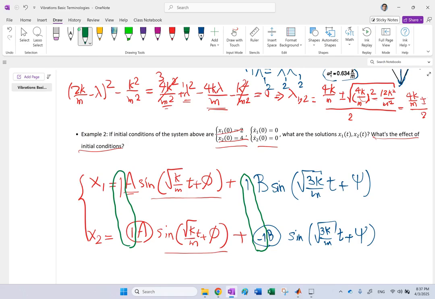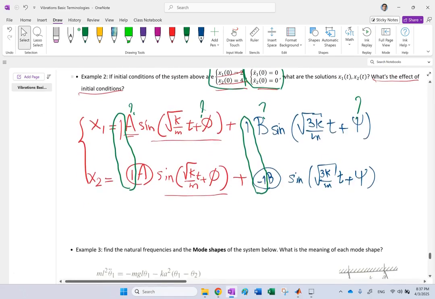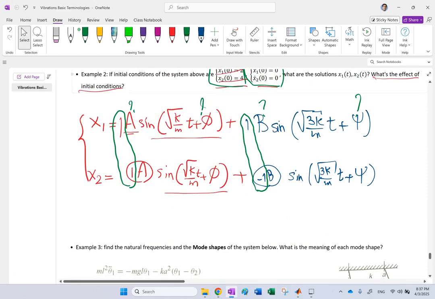Now, how many unknowns do you have in here? You have A to find, you have B to find, you have phi to find, and psi. You have 4 unknowns, but guess what? You have 4 equations. So ideally, solving for these 4 unknowns should not be the hardest thing in the world. And for instance, if you plug in t of 0 in both of them, what would you get? So from these conditions that the values are 0 at the beginning,